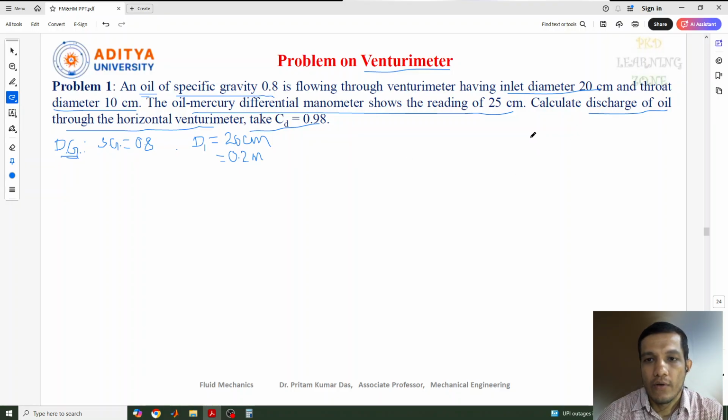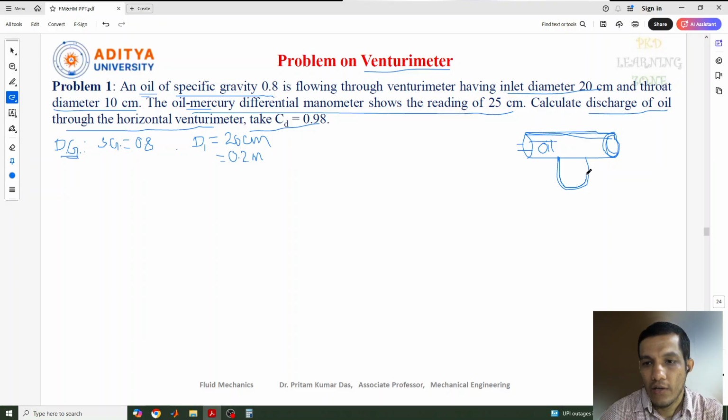Now if you remember, suppose this is the pipe, and in this pipe the liquid is flowing. The liquid flowing in this pipe is oil. And for the Venturimeter, we know that when you are connecting the Venturimeter in the pipe, a manometer needs to be connected, so that we can get the difference of pressure. And in the manometer we should have mercury. So the flow is oil, which is flowing, and the specific gravity is 0.8, and the mercury is connected in the